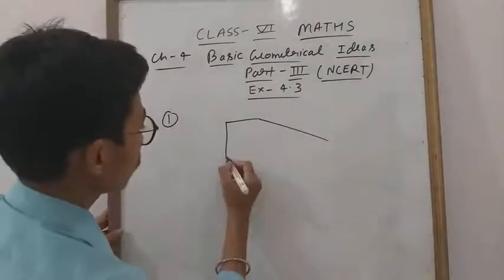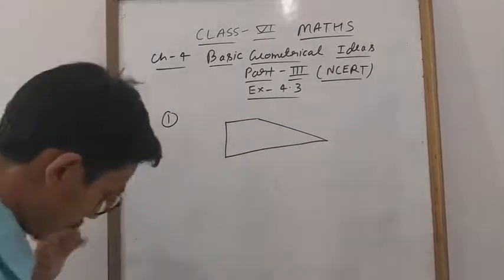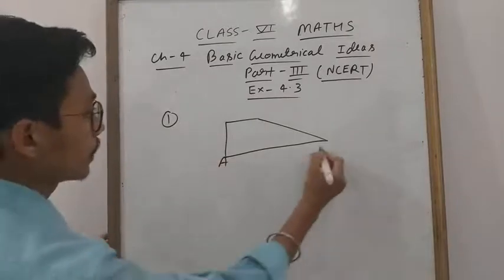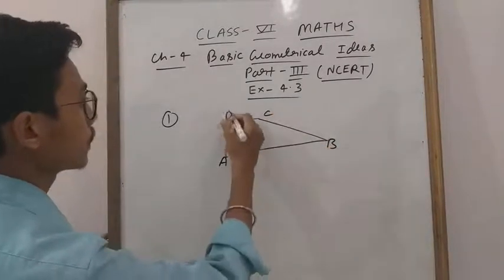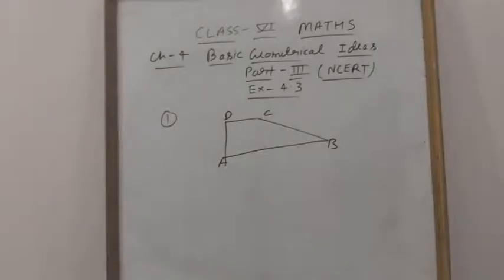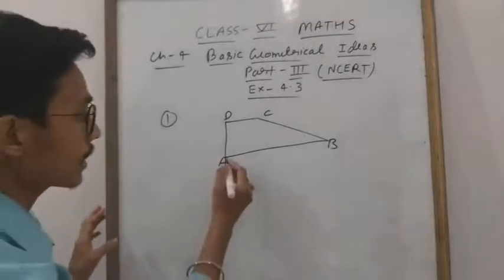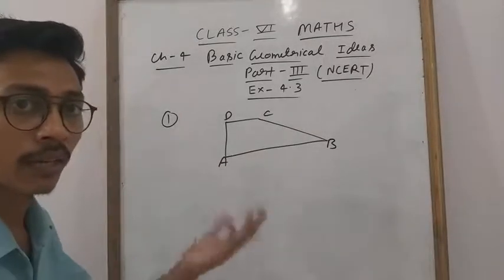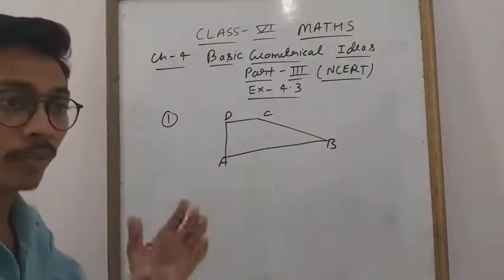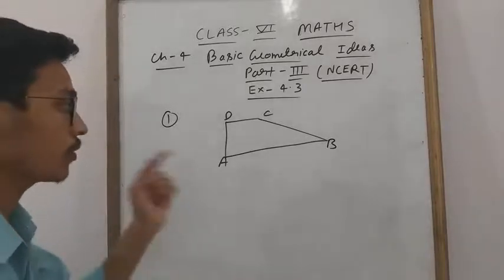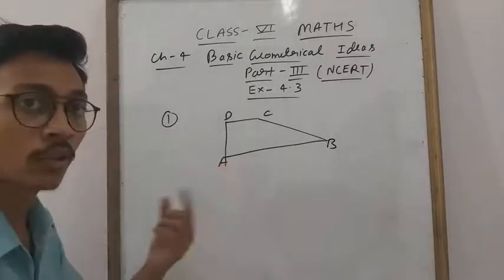So this is your diagram, and it is given A, B, C, D. So students, here you can see how many angles there are. There are 4 angles given. You can say A, B, C, D easily. So if anyone asks you, you can say there are 4 angles. But if you have to write down the name, how will you write it? See, this is angle A.